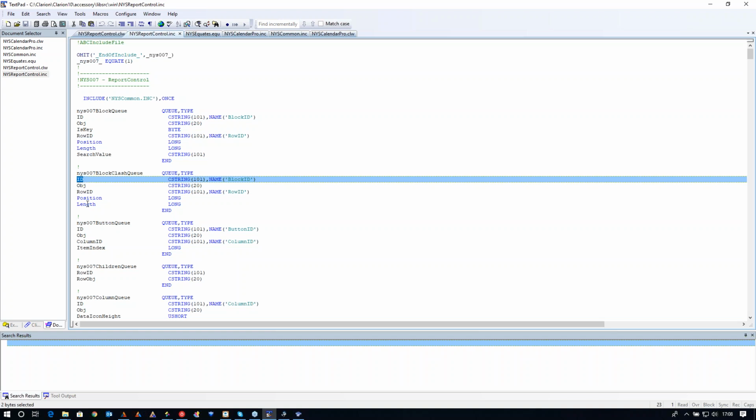Now, basically, that queue is constantly maintained for you. The example we knocked about in the past was, if you were to add block 1 to row 1 and you added it from 1 to 10, then there's nothing in the block clash queue, of course. You add another one, 20 to 30, that's fine, nothing in the clash queue. You then add one, 15 to 25, that would go on to the